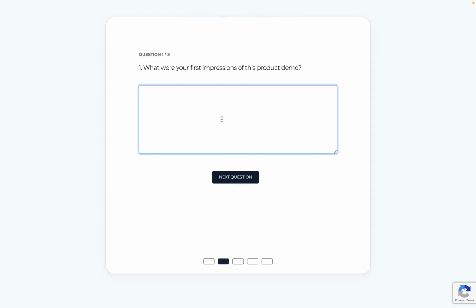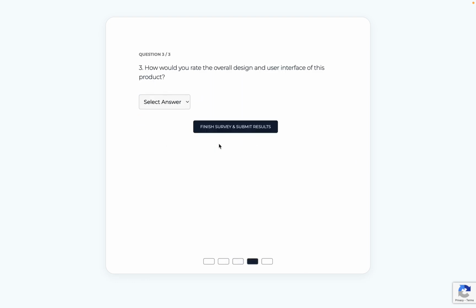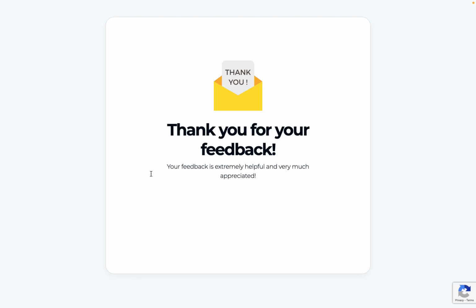So what were your first impressions of this product demo? I think it's pretty cool. Pretty cool. Love the natural language editing. What features do you find most useful? I find most of these features useful, but I know I'm biased. And how would you rate the overall design of this interface? I think it's pretty good. I'll just say it's a 4. And we'll just finish the results. And so we've submitted our first